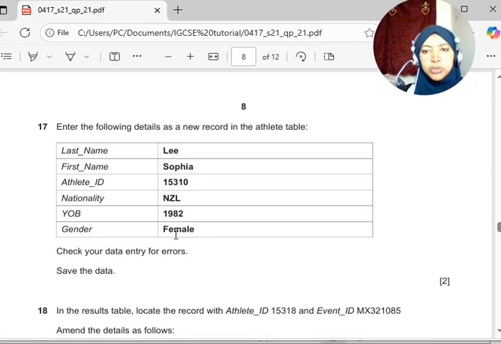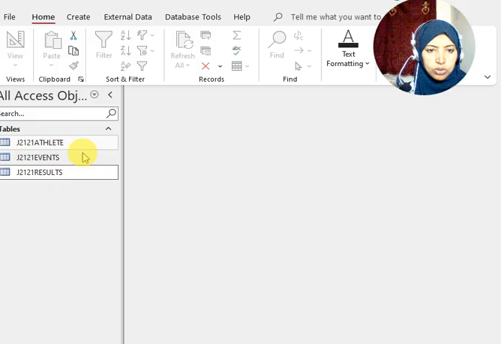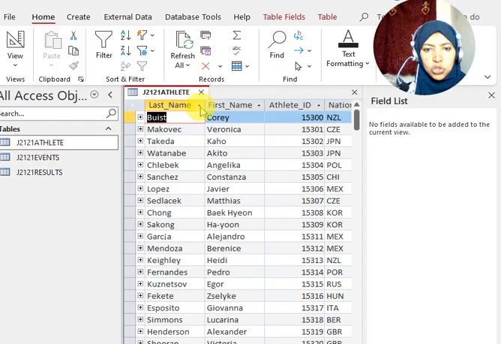The next thing we are going to do is enter some data into the athlete table. The entries are given to us here, the records. After entering this data, make sure that there is no error. We do that, verify. So click on athletes, go to datasheet view. Here on the datasheet view,